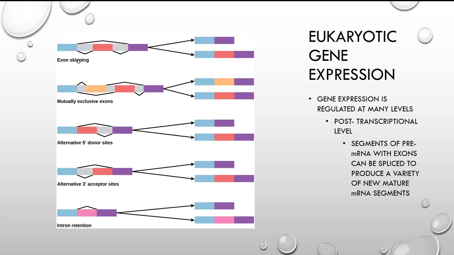occur. Okay, or we might have something where you have mutually exclusive exons, where this one is removed. So you have the blue and the yellow together, but then this one's skipped, and then you just have the purple. Or you might have this one and this one got skipped, so it's this one, and then you got that one. Okay, so that could happen. You can have alternative 5' donor sites, so you can have these guys got skipped, or you could have just the intron. Okay, so all of these weird things could happen.